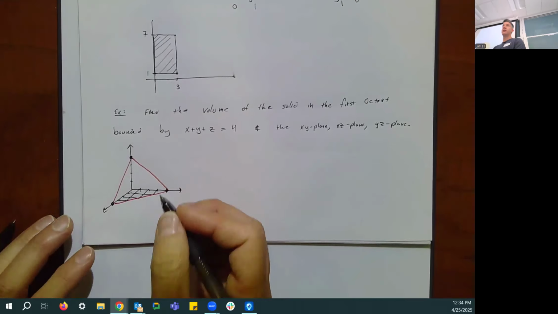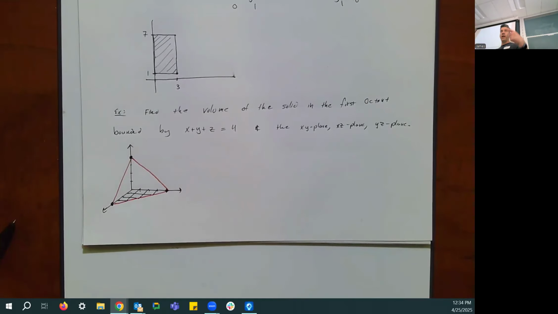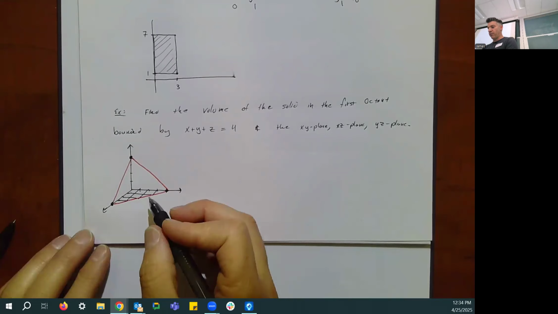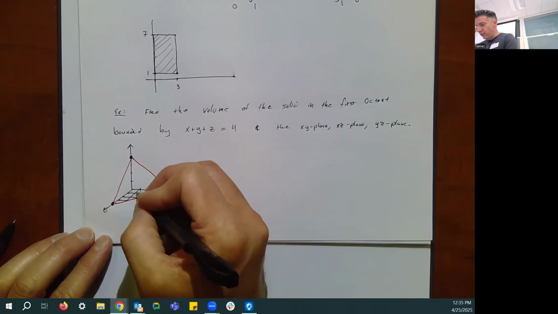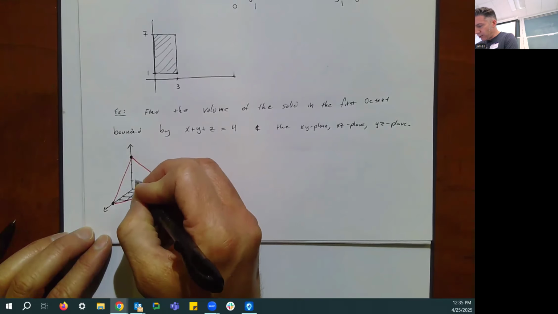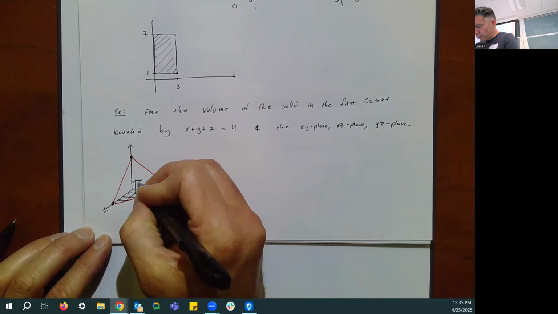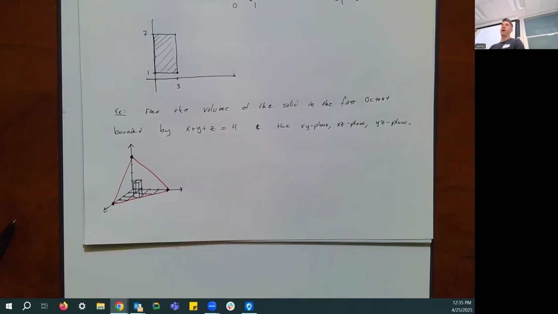And the idea is kind of like with regular integrals, how we broke it up into a bunch of rectangles whose areas we were adding up. Now we're thinking about breaking up this area and then drawing a bunch of little rectangular prisms whose volume we're going to find. And we're going to add up all the volumes of the rectangular prisms. So our volume here